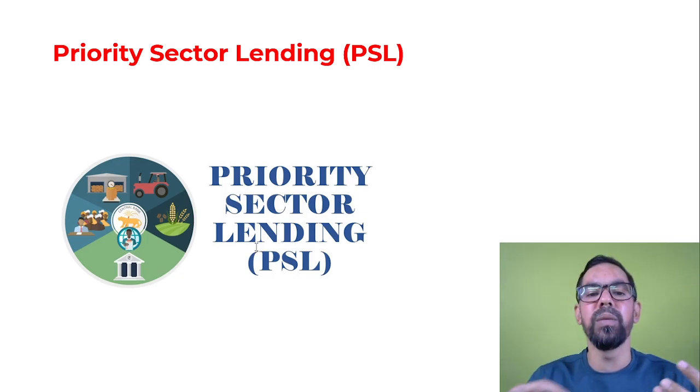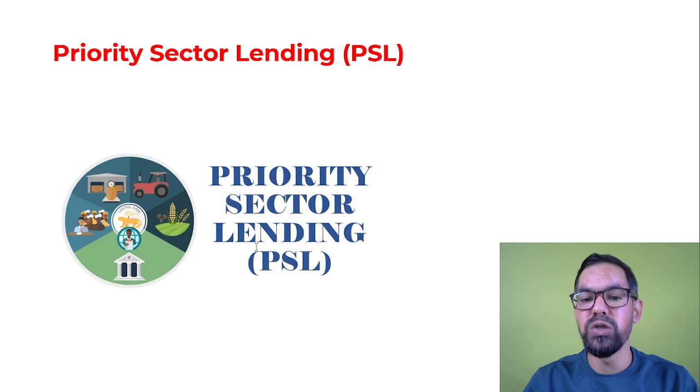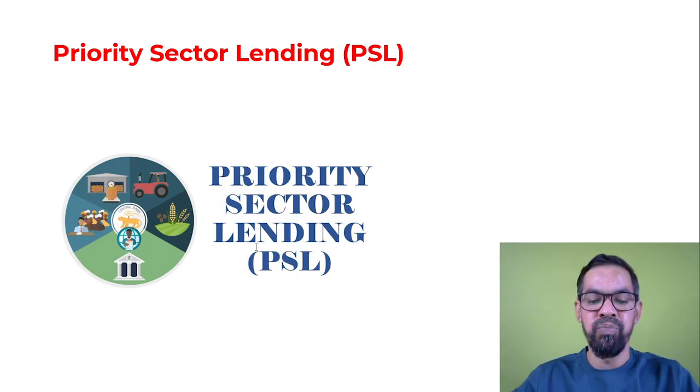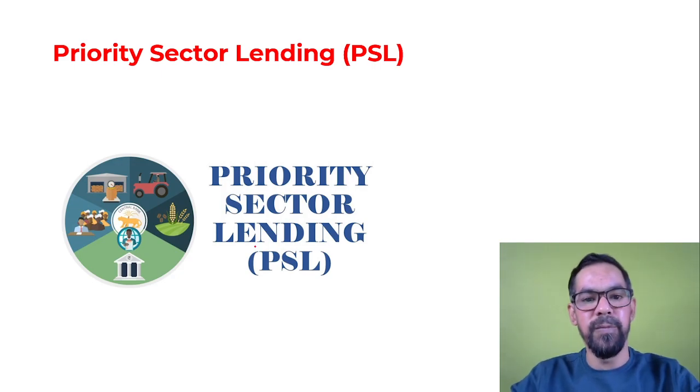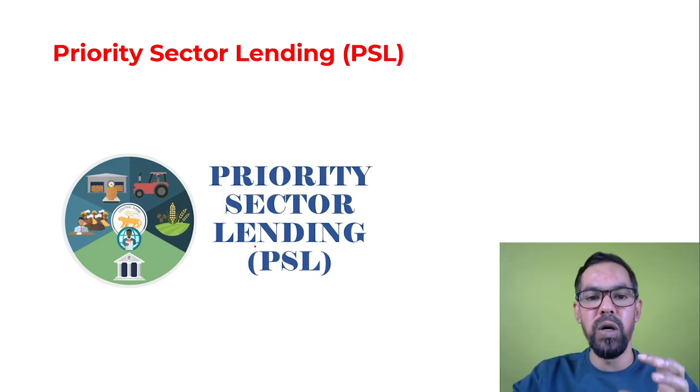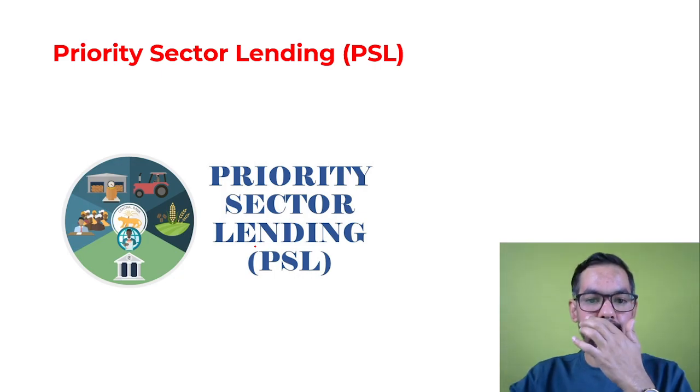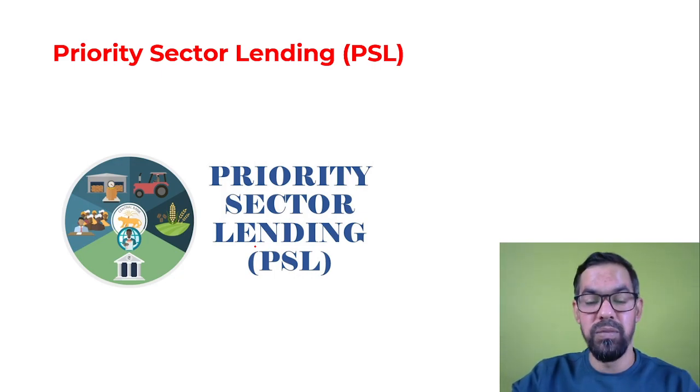Okay, so whenever you talk about the priority sector, it includes eight major areas. So these are agriculture, MSMEs, micro, small and medium enterprises, export credit, education, housing, social infrastructure, renewable energy, and others. Others will basically cover the weaker section. Okay, so in this video, we will discuss these particular areas in detail, and what are the key guidelines generally given by RBI towards these sectors. These are generally known as PSL norms.